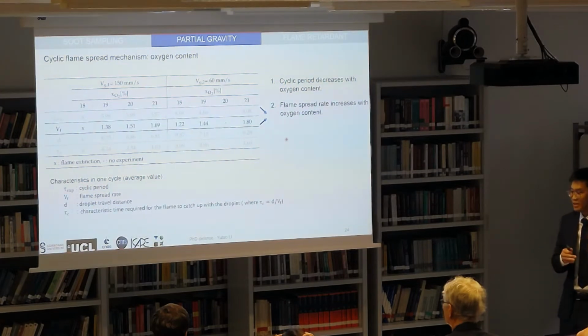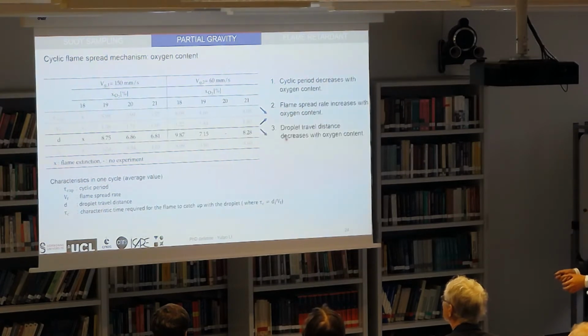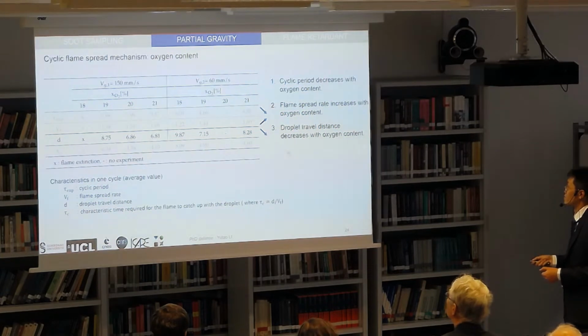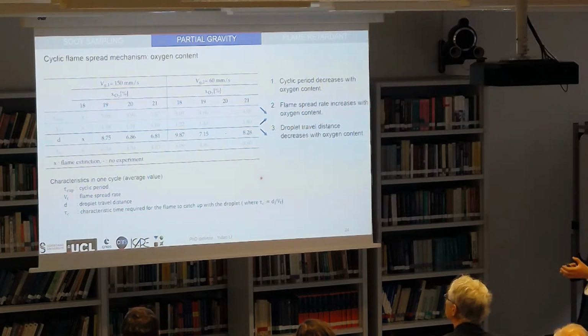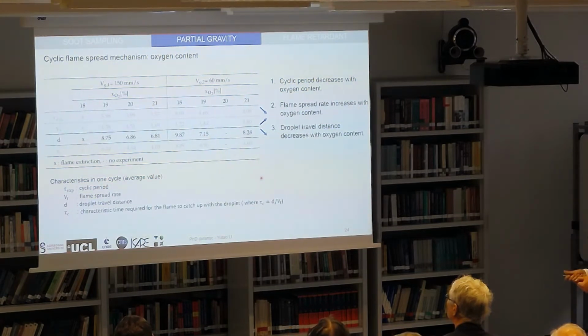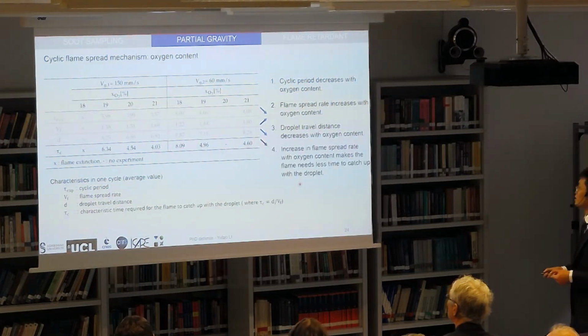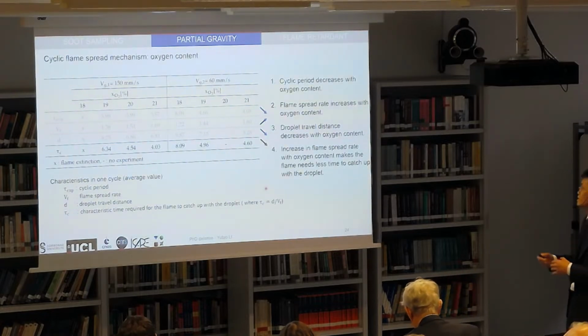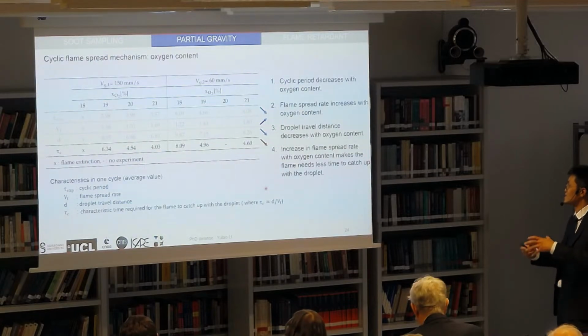Another important piece of information is how far the droplet can slide. So we extract the droplet travel distance in a cycle. We find that it also decreases with the oxygen content. Based on this information, we can obtain a characteristic which represents the time that the flame needs to catch up with the droplet. And we can understand that the cyclic period decreases with the oxygen content because of the increase in flame spread rate, and then the flame needs less time to catch up with the